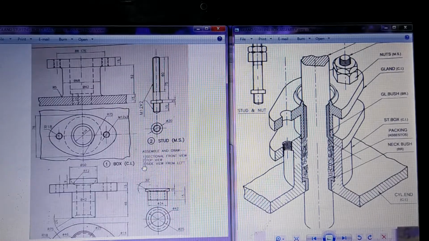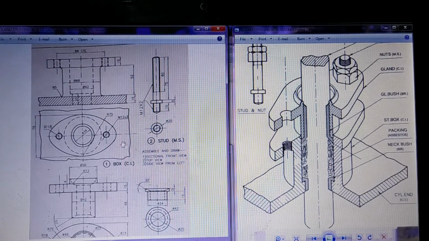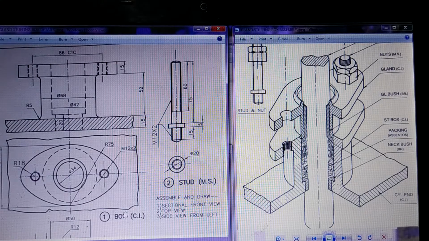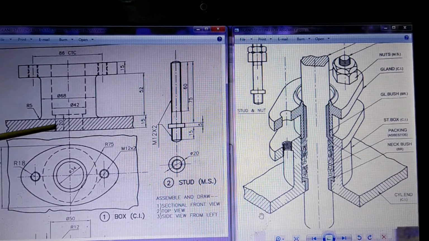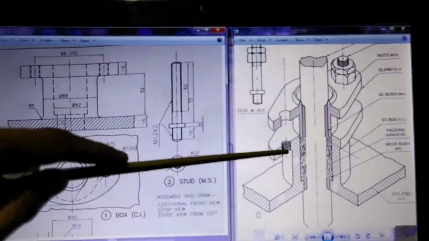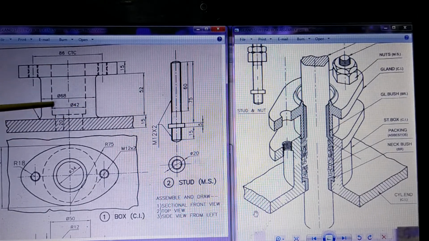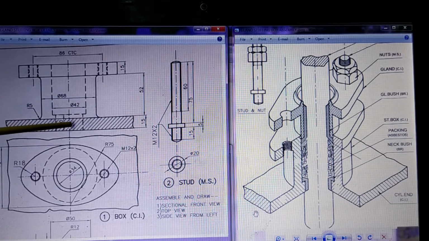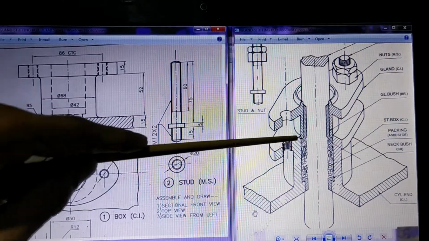So now let's see how many parts are given here. So the first part is box or a cylinder. So that means this part which is shown here, this is the first part which is shown like this. It is partly shown in section, here there is no section. So this is this part. You can see that there is a hole here and there is one more hole here. This has got diameter 42 inside, and then there is one more diameter here which is 34 diameter. So there is 34 here and 42 here. Certain depth is also there, and then there is a collar like this.